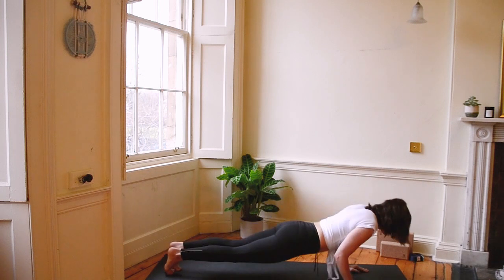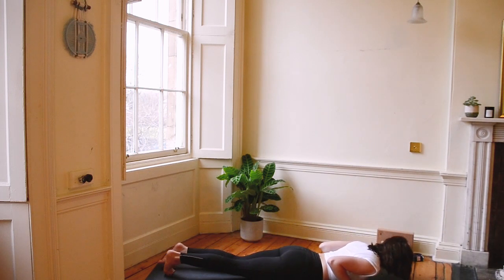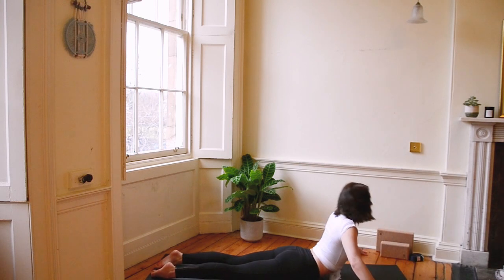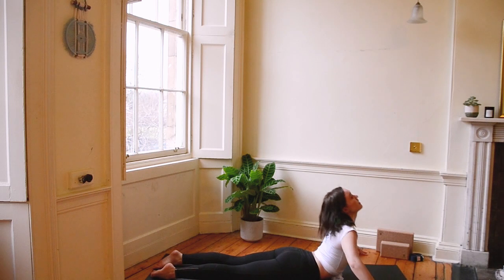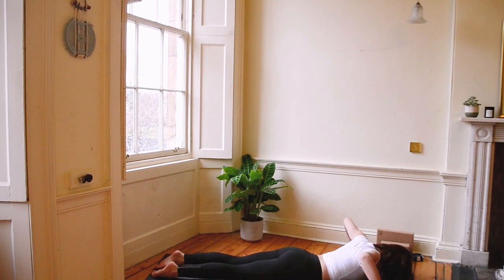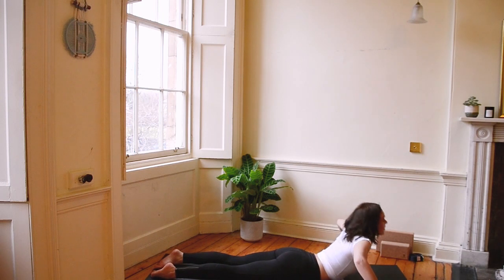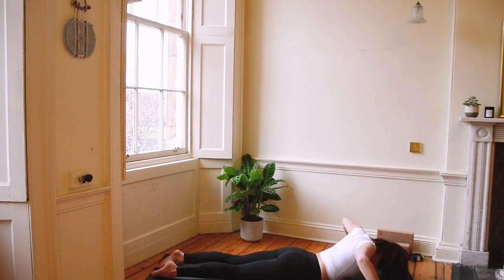Let's lower ourselves down, elbows in, land on the floor. Hands come wide at shoulder height on the fingertips. Let's breathe in, lift ourselves high, exhale, back down. Inhale high, exhale lower. One more time. Inhale high,